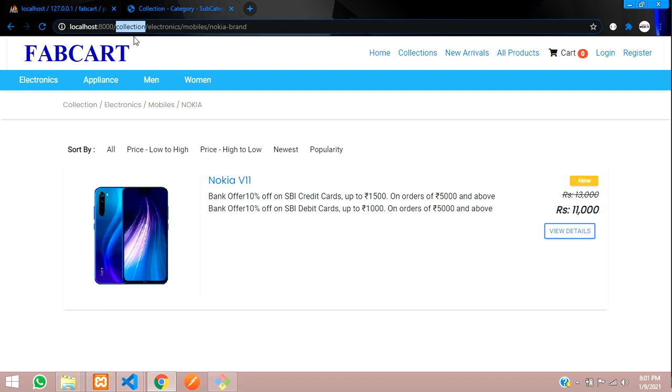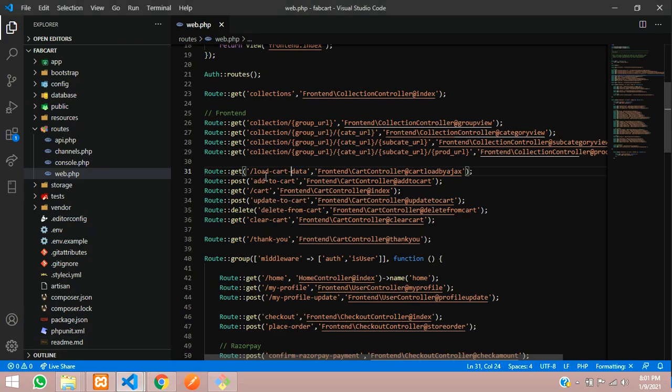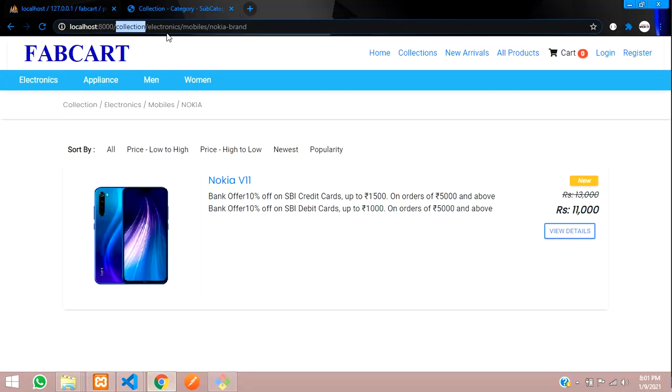Let's copy this collection, and these are the three steps which are done by following the path. This is the collection, where you can see this is the fourth line: collection, electronics, mobile and your subcategory URL, which is called mobile, electronics, mobiles, and then your brand.